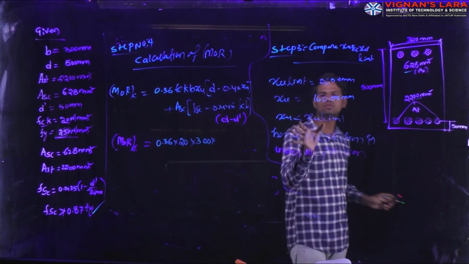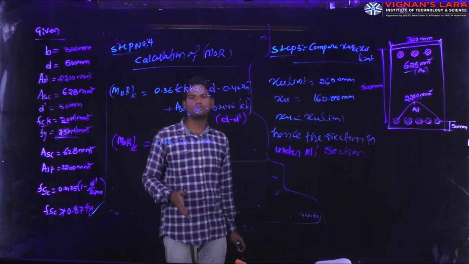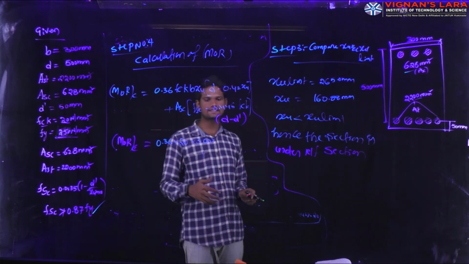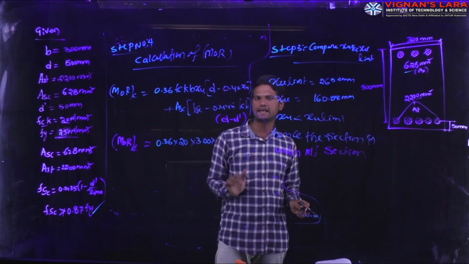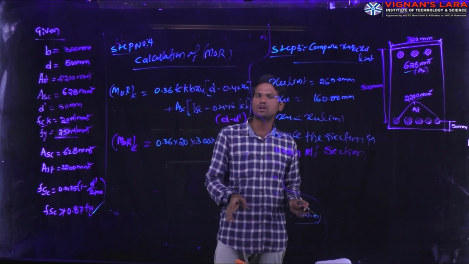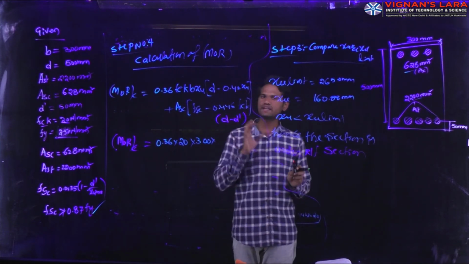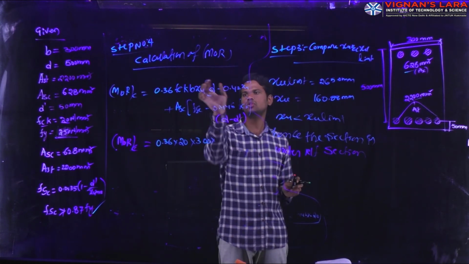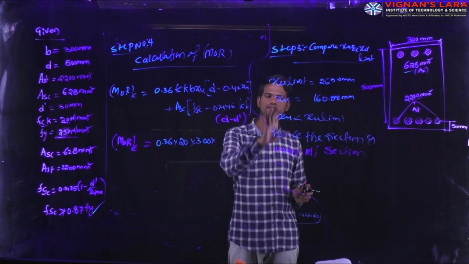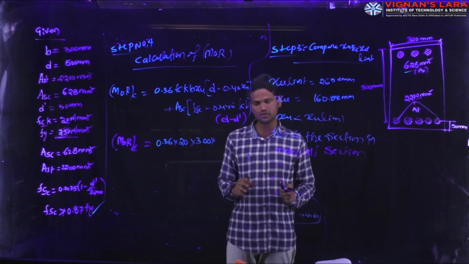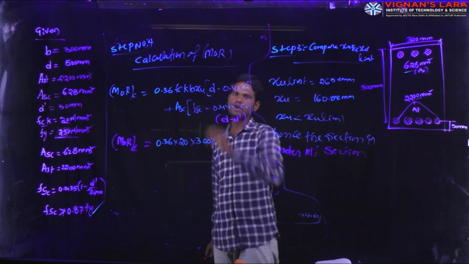We have already calculated for balanced section, under reinforced section, and over reinforced section. Suppose your beam is a balanced section; instead of XU we have to use XU max. As well, if it is an over reinforced section, we won't design it as over reinforced, but we will design it as a balanced section. In those conditions also we will use XU max instead of XU. For our particular condition, the beam is under reinforced, so for an under reinforced beam we have to take the exact value as XU.